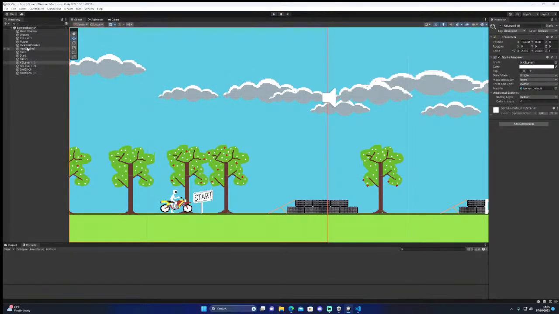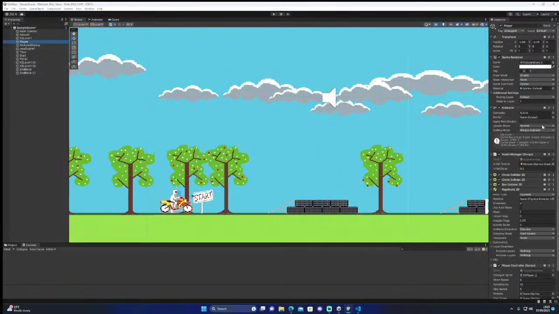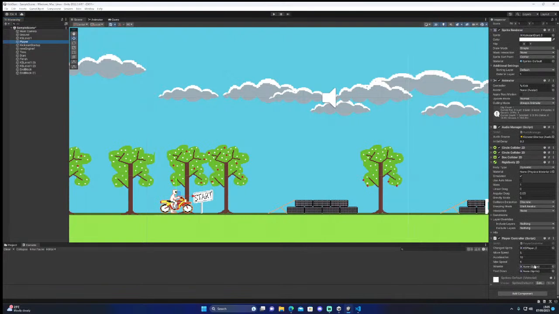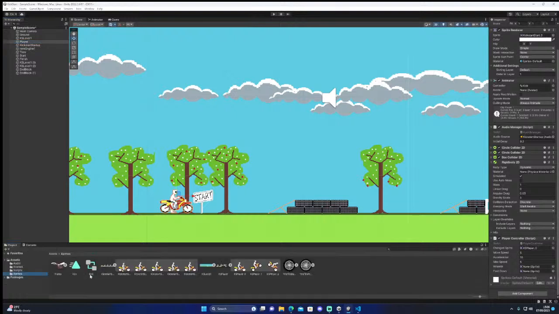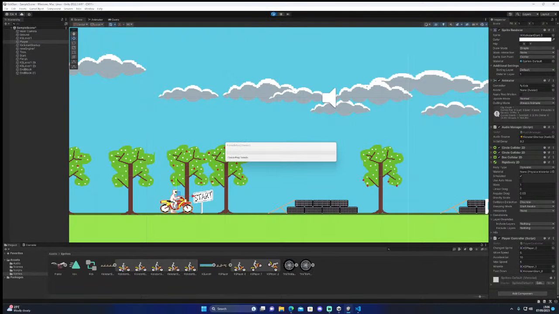So hang on. Right, we need some stuff here. We need a wheelie, but I haven't got a wheelie set up. Foot down is that. I might put it right back on the page on the game.